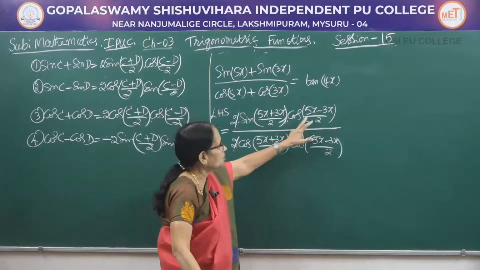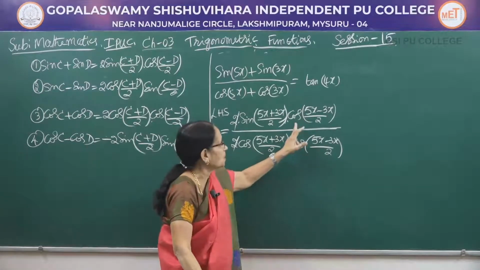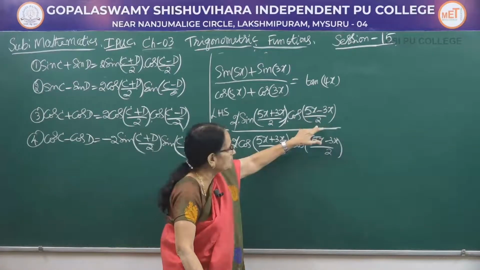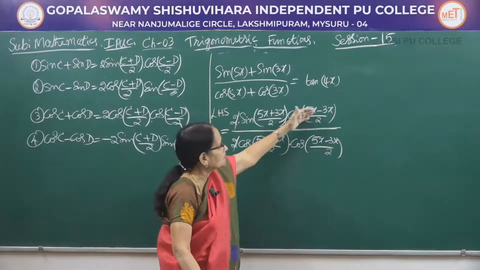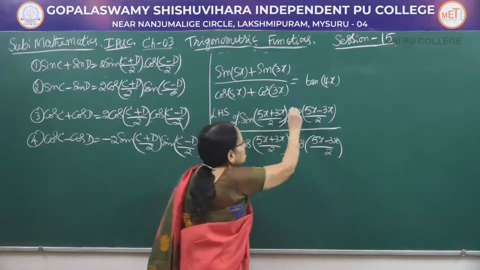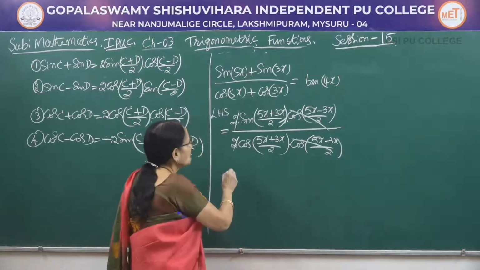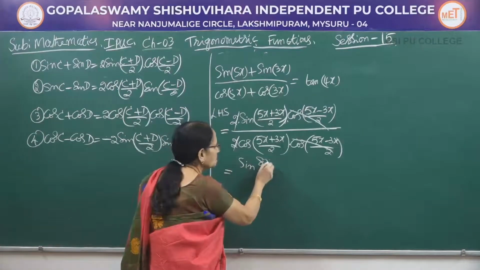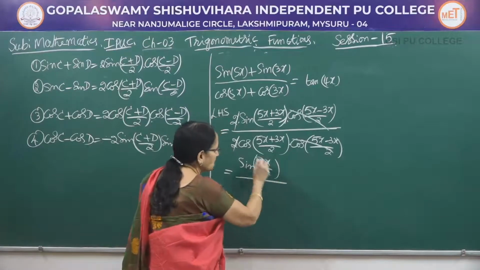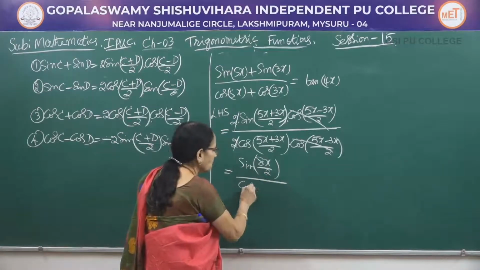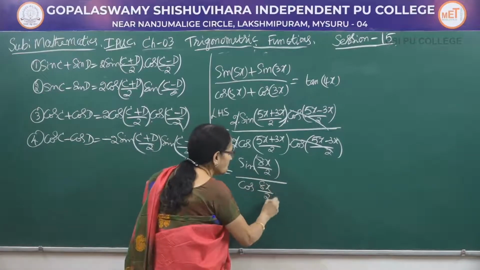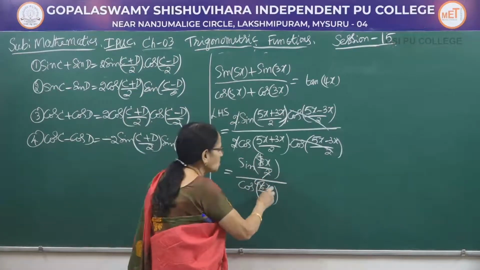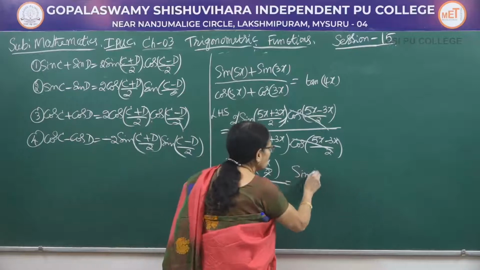Now again here, you can see that the same ratios we are having, cos of 5x minus 3x by 2. If you simplify 5 minus 3, 2 divided by 2, that would be cos x, and here cos x. Because the same angle, same ratios are there, directly you can do the cancellation. Now let me simplify the remaining terms. 5 plus 3, that is 8x. 8x divided by 2, divided by cos of the same angle, 5 plus 3, that is 8x divided by 2. So here you can cancel 2 ones are 2, 4s are, same thing you can do in the denominator also.